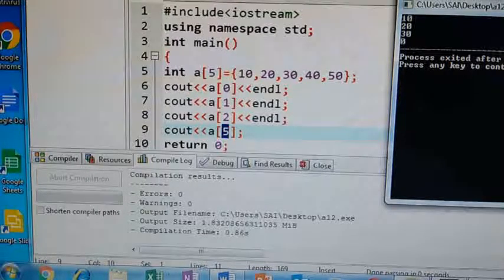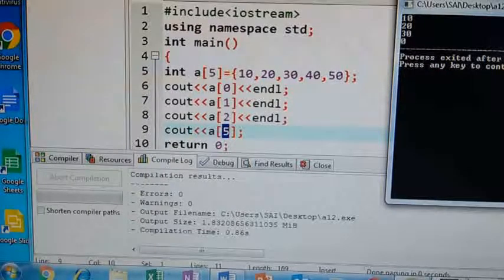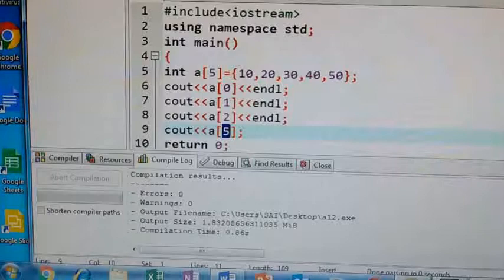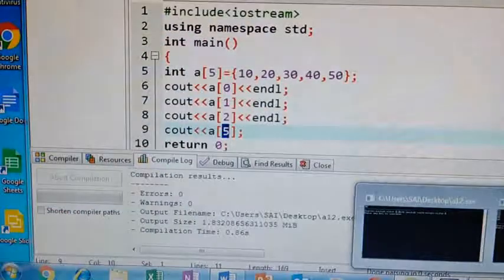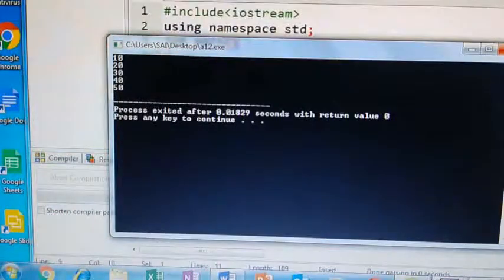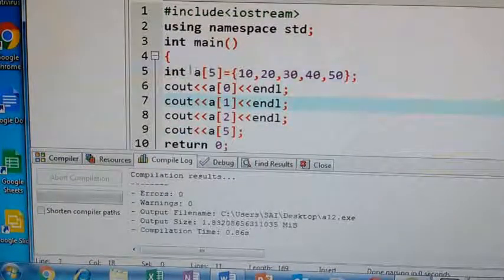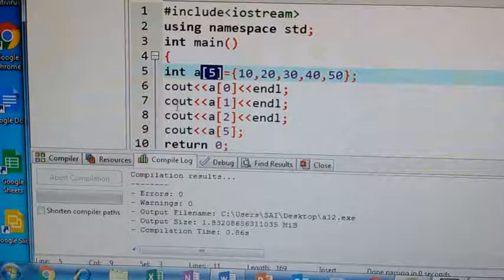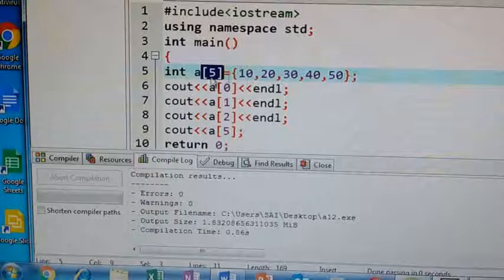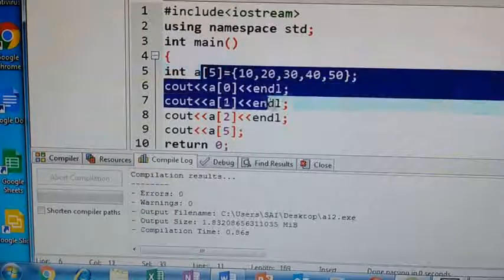Understood? So only one thing you need to remember, all the elements are identified with the same name and only the index number is different, and that index number starts from 0 and the last index number will be length minus 1. Okay. Now here in C++ we have different types of arrays. Okay. And this is a one-dimensional array because here you have only one subscript. If you have two subscripts, that is called a two-dimensional array. Okay, now I will explain the program.